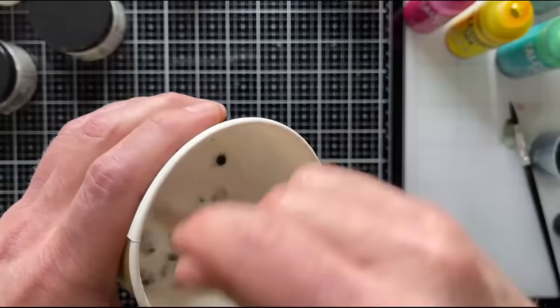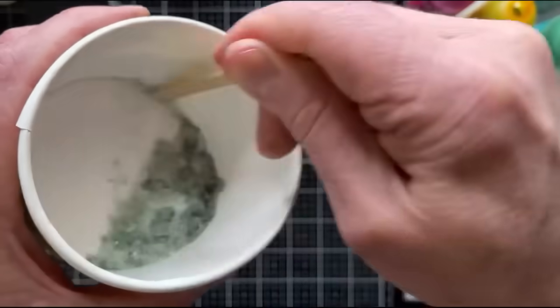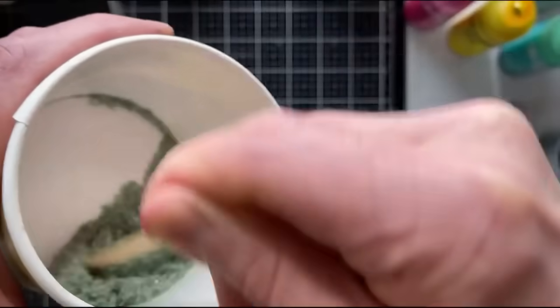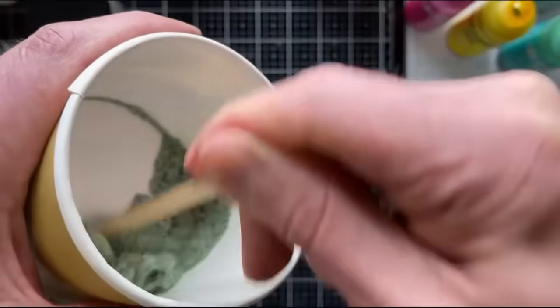You're going to take your stick and you're just going to start stirring it up. And as you stir it, it's going to look like wet sand. You can see on my hands. I hope it's not making you dizzy. If it is, look away. But you need to keep stirring it because what we're doing is we're coating all of those granules with alcohol